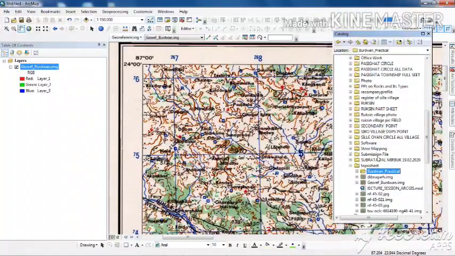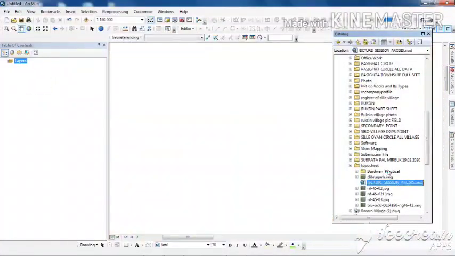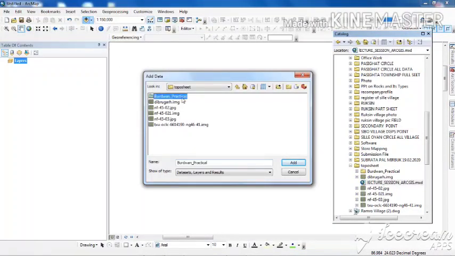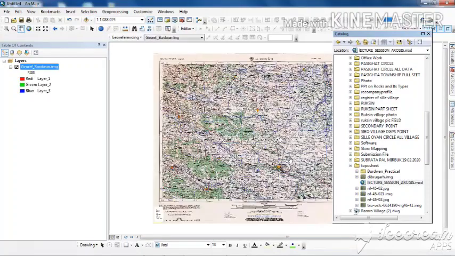You see, I have used an underscore. I have not used a space. Why? Because during the topological correction that we will do later on, as well as other things, if we add a space, that will be a problem. Now we will create our shapefile over here, and I am also removing the imagery in this Bardhaman Practical, and I will add it. So the imagery is added. Now shapefiles are to be created.